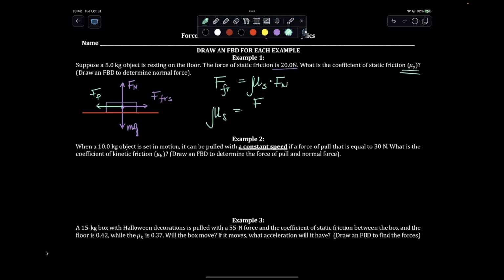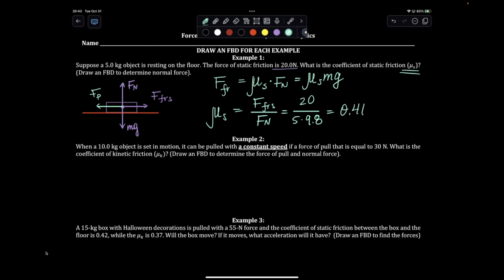So we're going to take our force of static friction, which is given to be 20 newtons, and we will divide it by normal force. Well, what is normal force? In this situation, if the object is flat on the surface, it's just going to be equal to force of gravity. And since it's 5 kilograms, we're going to multiply 5 times 9.8 because that is the force of gravity. So I can also write this as mu static times mg. Then you grab your calculators and divide 20 by 49, which is 5 times 9.8, and you get